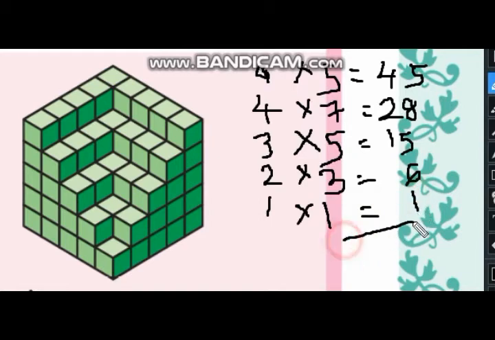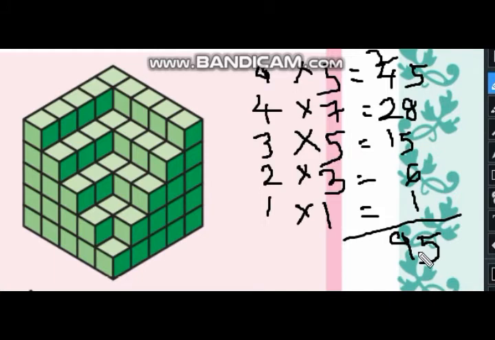Now add this whole number: 28 plus 45 is 73, plus 15 is 88, plus 6 is 94, plus 1 is 95. So how many cubes are used to make this model?